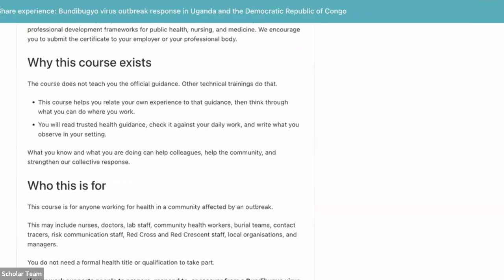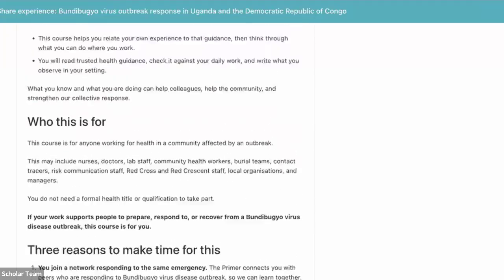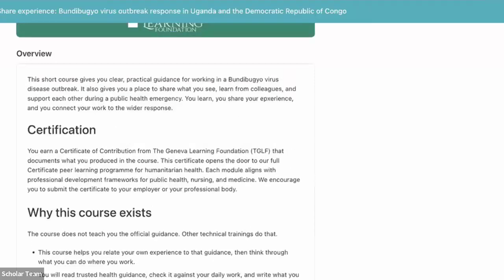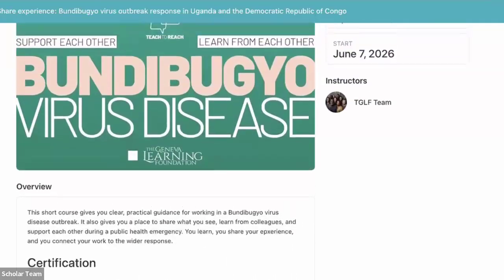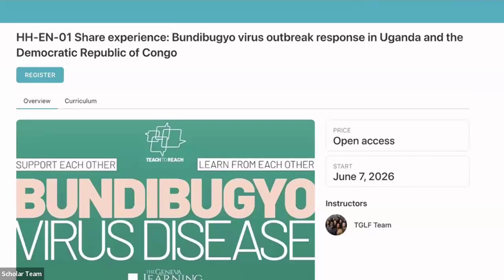So it's a peer learning course, which means you will not learn alone. You will learn with colleagues across affected and at-risk countries who are facing the same questions and the same realities as you. So I would like to encourage you to invite a learning partner, invite a colleague with whom you will work together, who will enroll with you, so that your learning experience will be much richer when you do it together.